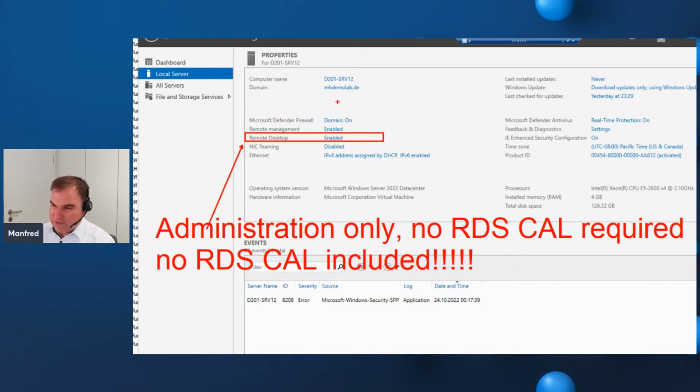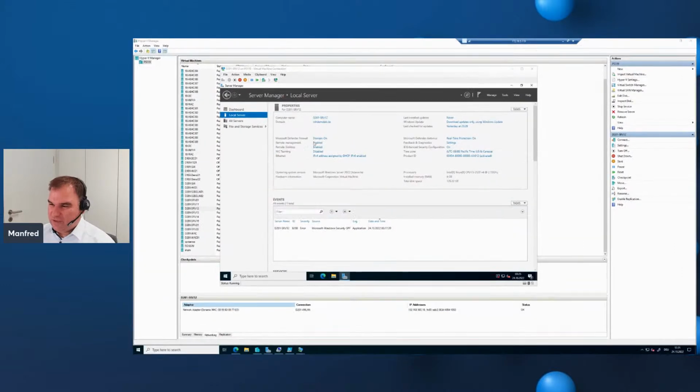If my user Manfred is part of the domain administrators, and I'm connecting to this server to run a locally installed Word or Excel or PowerPoint to do my preparations here, then I need RDS CALs for me and the other users that are using this machine.